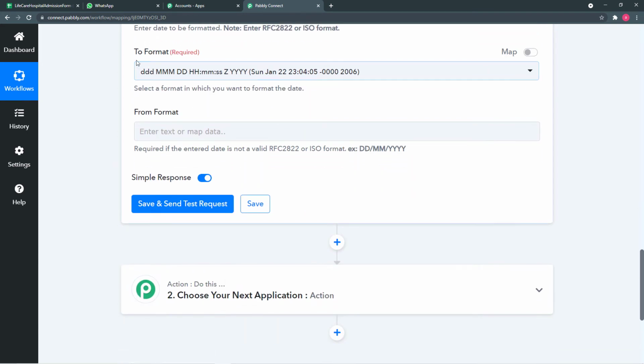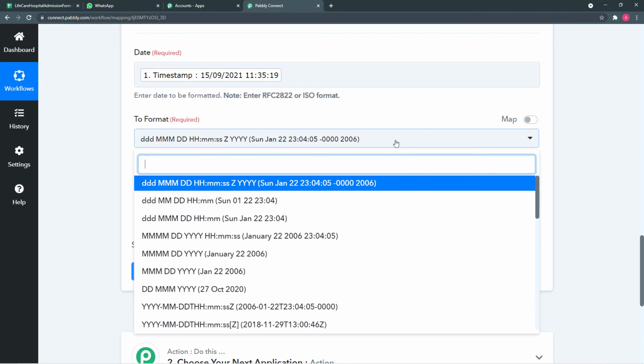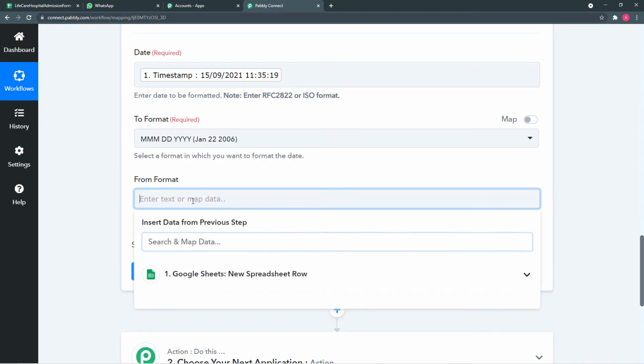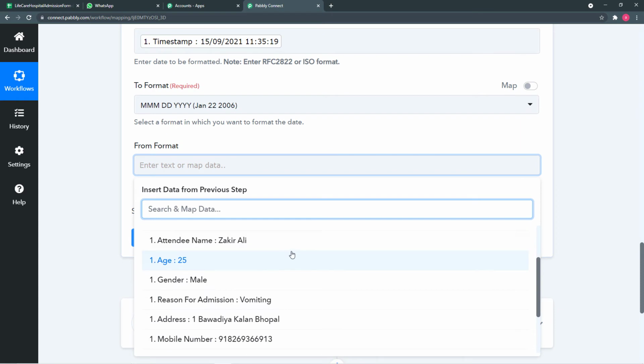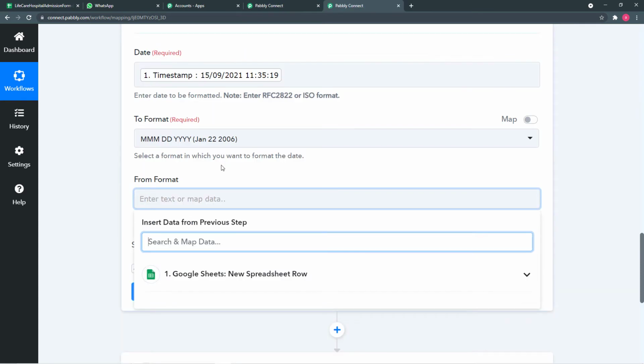Now it is asking to which format we want to convert this date and time. I just want only the date, in the normal MMDDYY format. So I'm selecting this, and in from format, you have to put the format of this date.